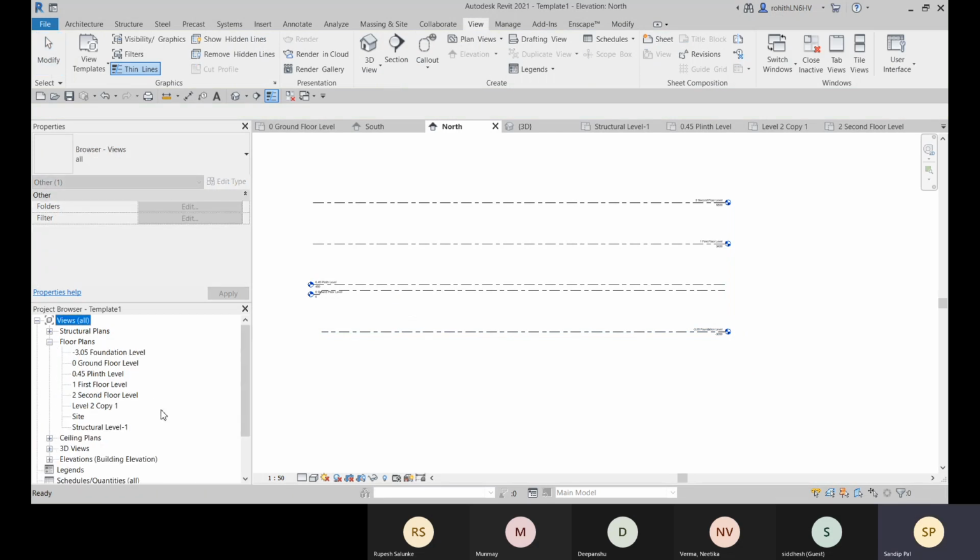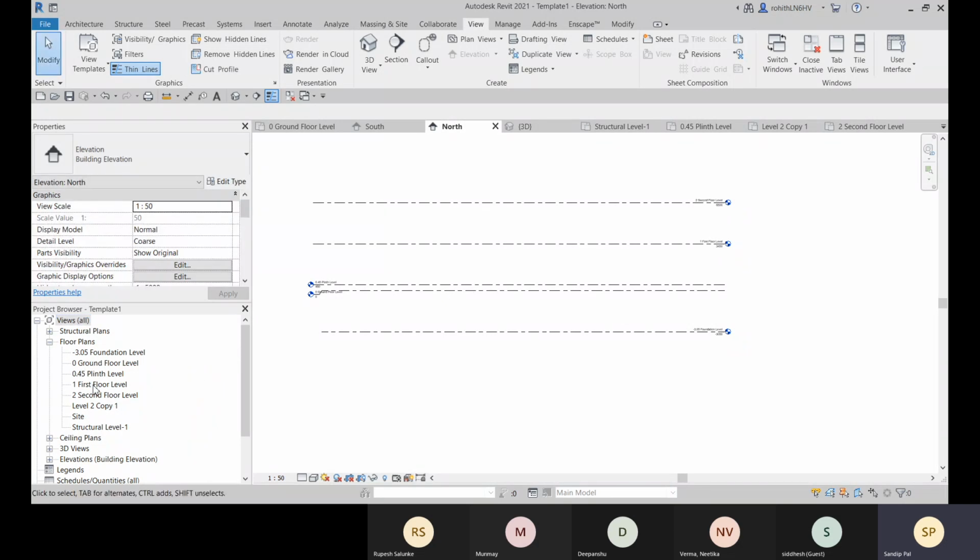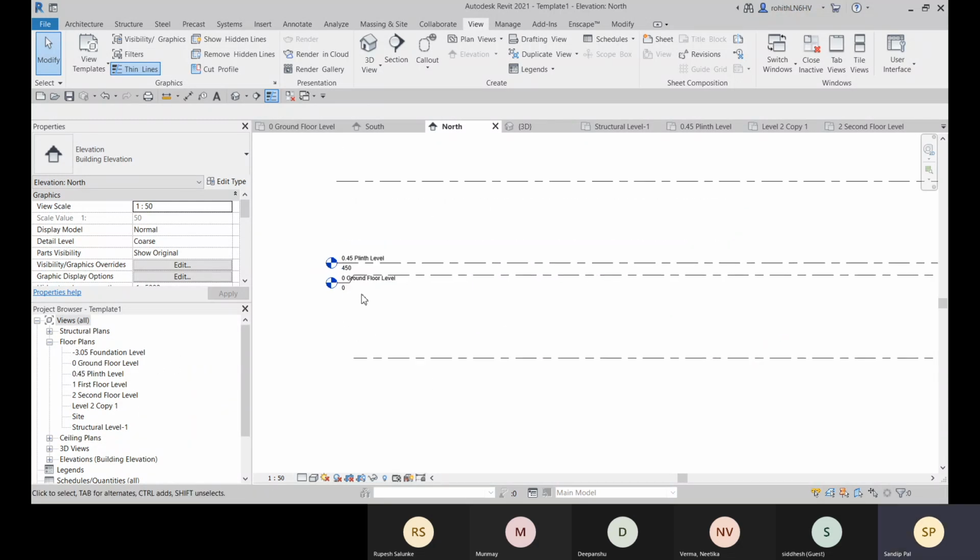And it is included in this floor plan also. Now you see that as per the naming, I'm getting all these floor plans in the proper order. First I'm getting the foundation level, then ground floor, then plinth level, then first floor, then second floor, and then other stories you can create. So you need to name all your levels this way: first the numeric, and then the name.